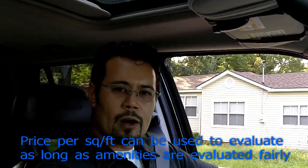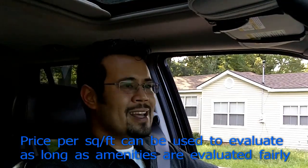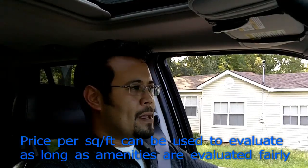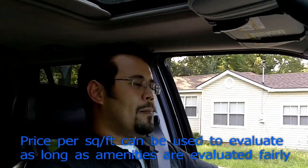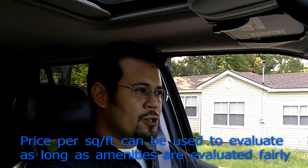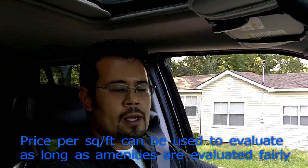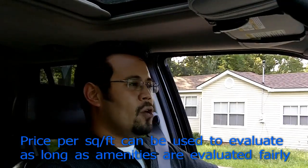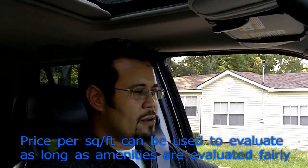However, when I do a CMA for my clients, I usually like to show them a price based on a price per square foot. Now, in some regions, they don't use this formula. But at the same time, a price per square foot in the Baton Rouge and surrounding area is very common. So say you have a house that is 1,500 square foot and it sold for about $100 a square foot, so right around